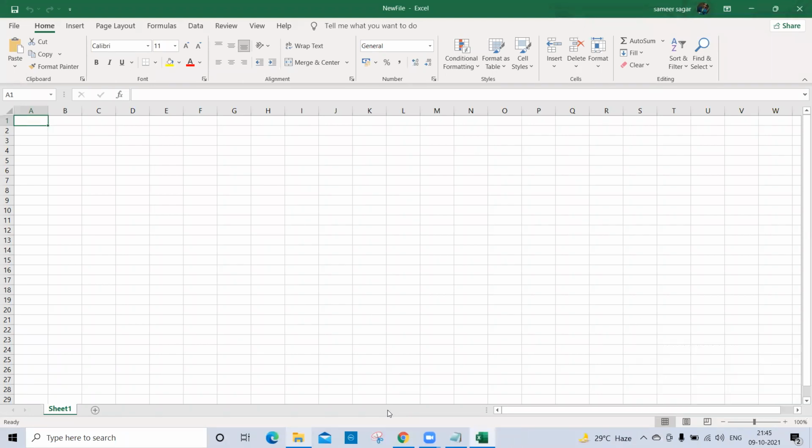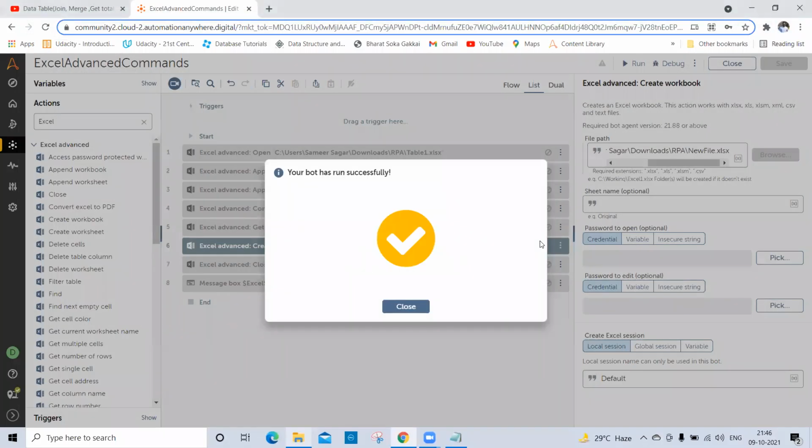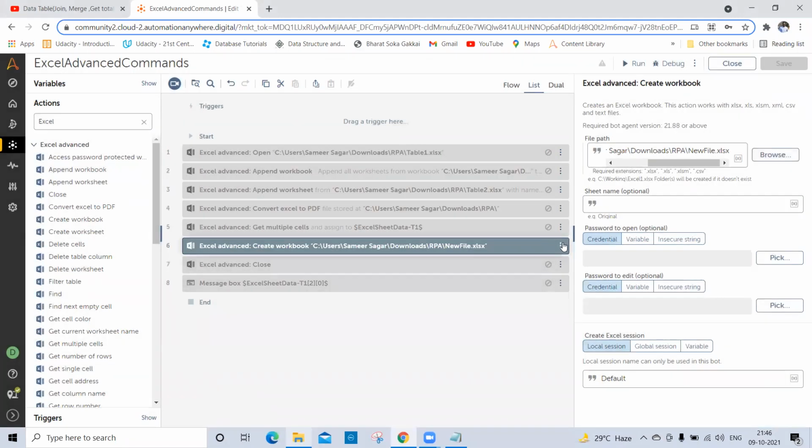See, the file is created here. Okay, so let's move to the next one.